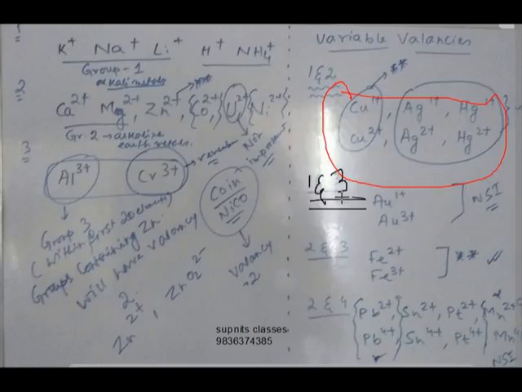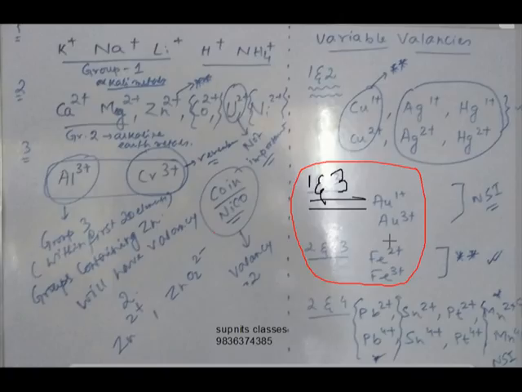Another is 1 and 3. Gold, the yellow metal we all know, will be having a valency of 1 and 3. It is very easy to remember iron is having a valency of 2 and 3, and because of just one metal, gold is having valency of 1 and 3. So if I can remember this part, it's almost done, you see.